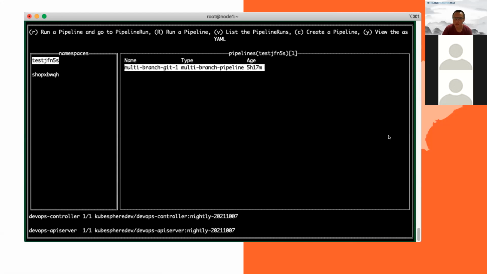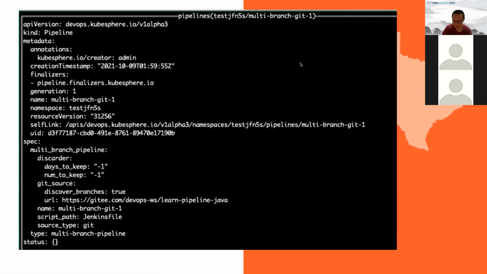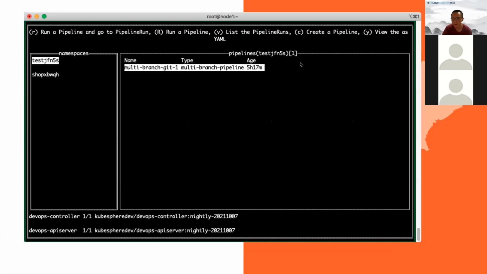As you can see, we have tips for how to use it. Like you can type R and it will start a pipeline. You can also create a pipeline. Yeah, I didn't have that page to create pipeline, but